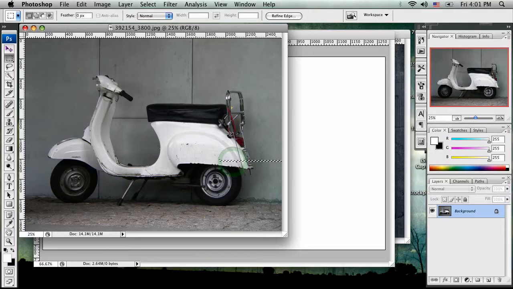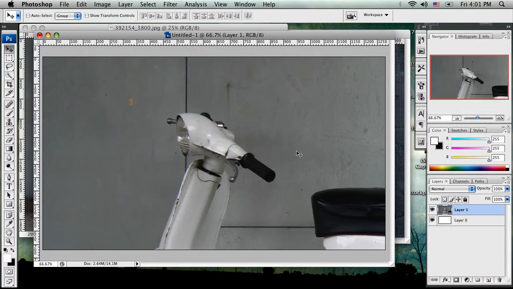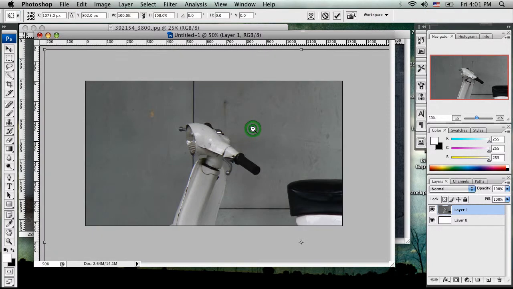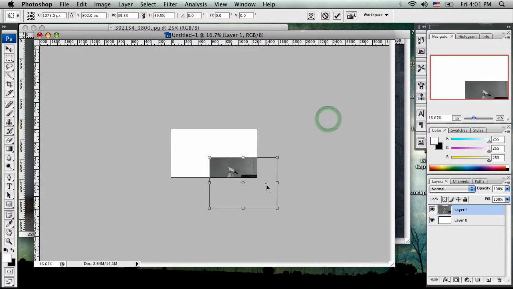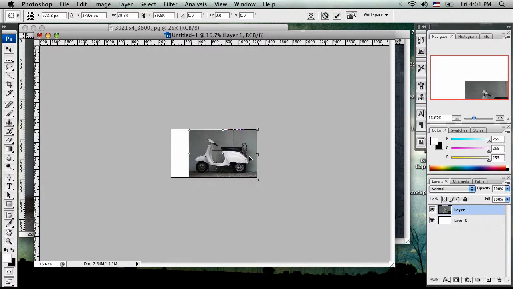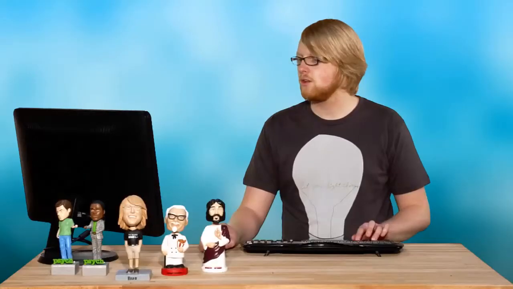So now let's just drag in, let's grab our right tool here. So let's drag this guy in, and let's do a little Command T, and that's free transform, and I'm just going to hold Shift and Alt, and that will let me transform proportionately. So the first thing I need to do is decide what size do I want this scooter to end up